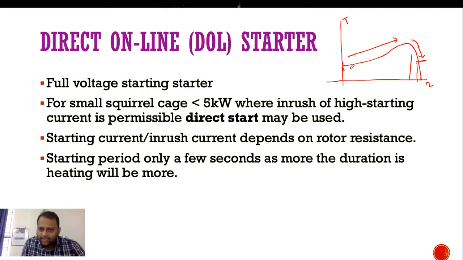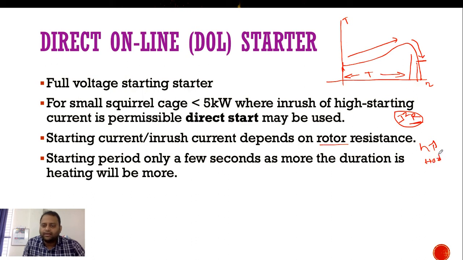If this time is more, then with a high resistance motor, the time required for the current passing through the resistance, the I square R loss, to stay for a long time will increase. So if this time increases, that means the heat will be really high. So your motor will be hot.